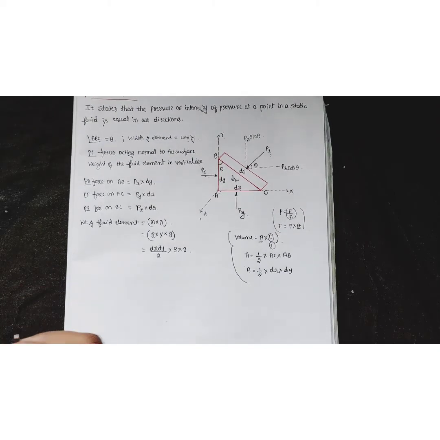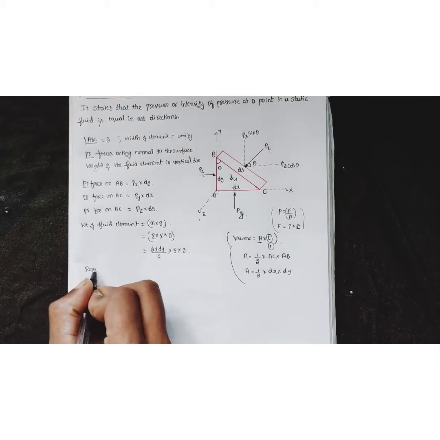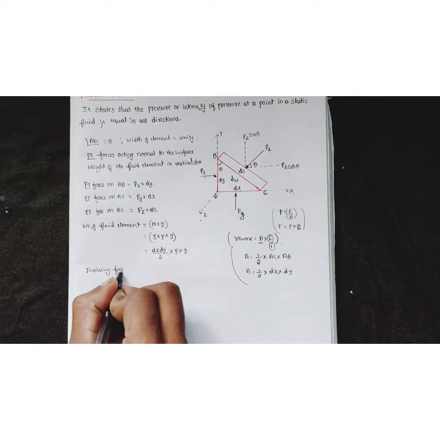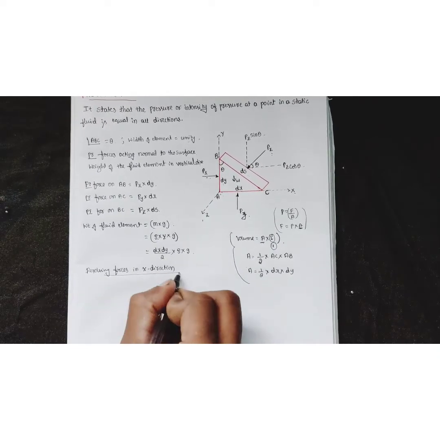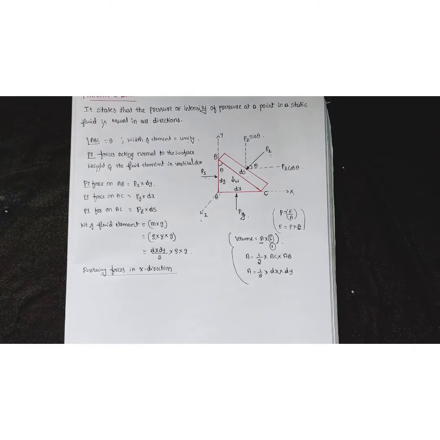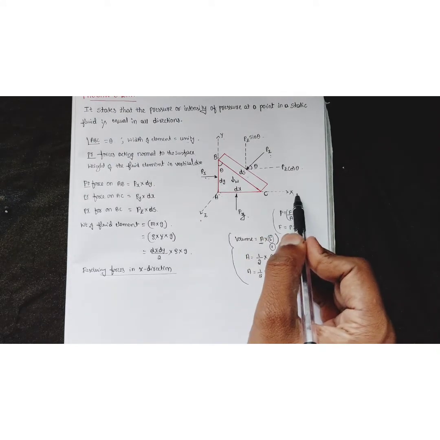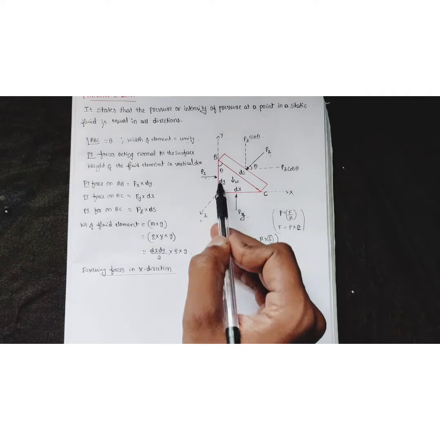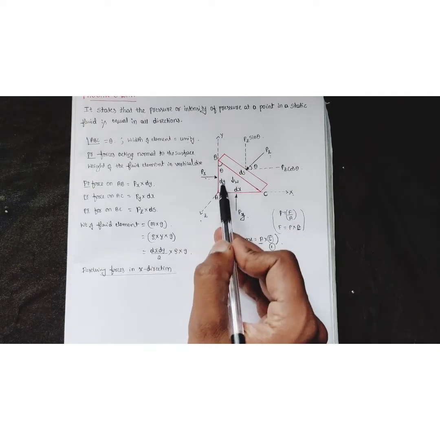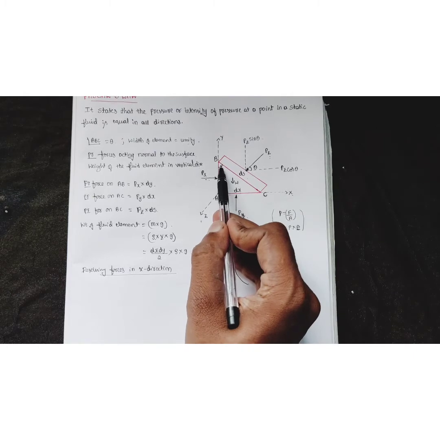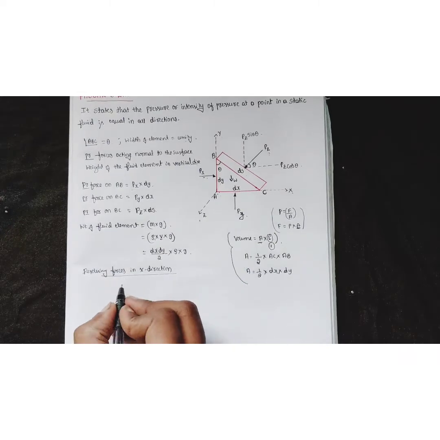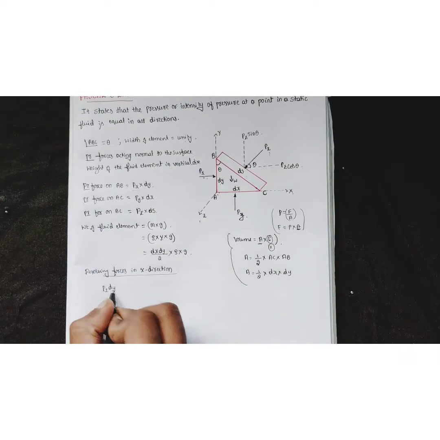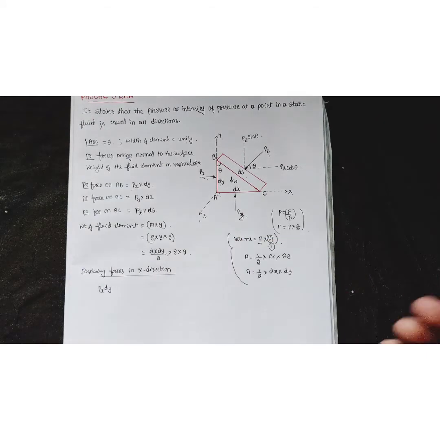First we are going to resolve the forces in the x direction. While resolving the forces in the x direction, I need to consider whatever forces are acting in the x direction. This is the x direction, so the force acting along it is this one. We consider the pressure force acting on AB, which is Px into dy. Write this one, Px into dy. It is plus, because it is moving towards the right.